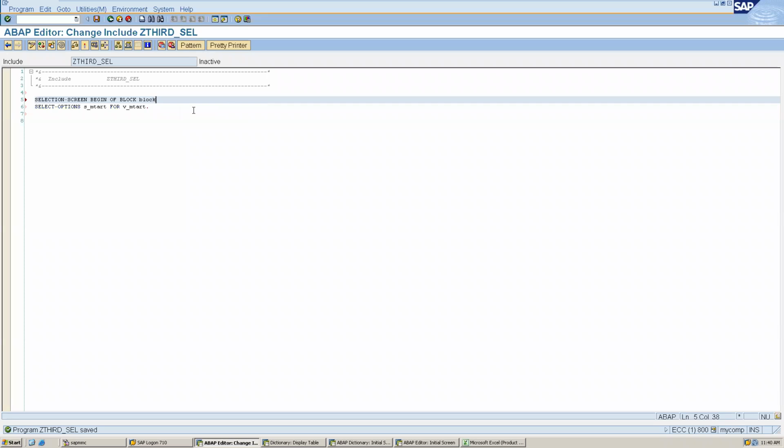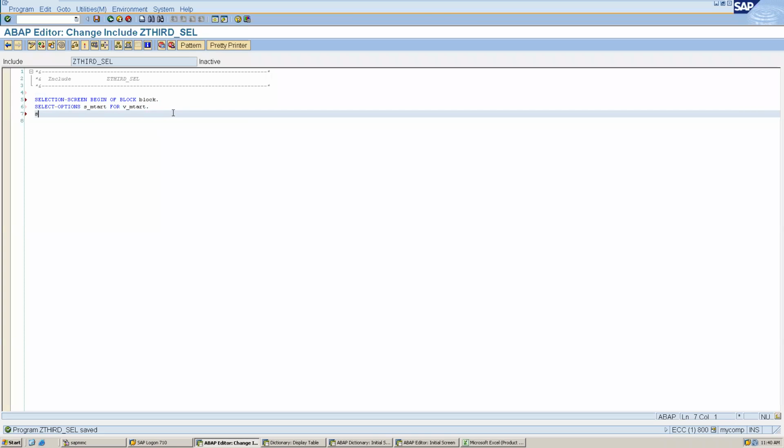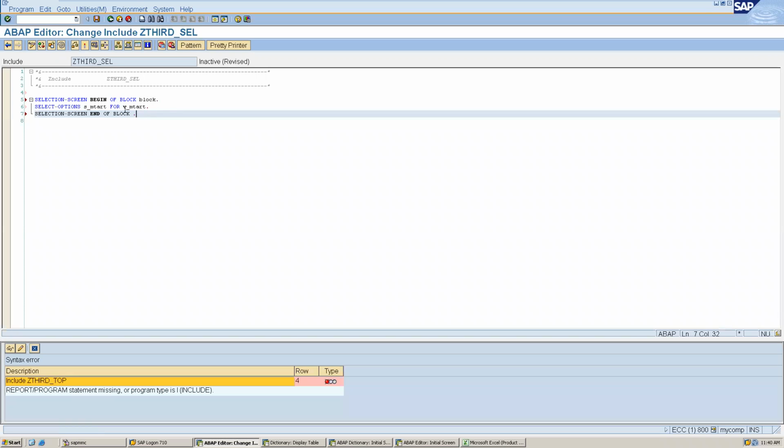So we can write selection screen, and here we can write selection screen end of block. This is an include program, so let me save this.